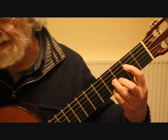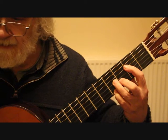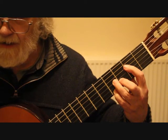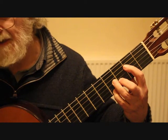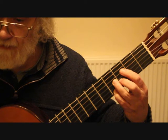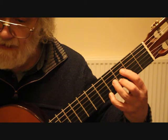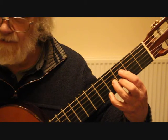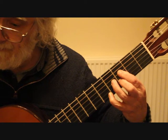In bar 13, we've got quite an interesting little bit of fingering in that it is actually a repeat of bar 12, only that we're moving that first finger up to the E sharp. The rest of the phrase is the same. So that's giving us your first finger on the 4th string 3rd fret, and then it's